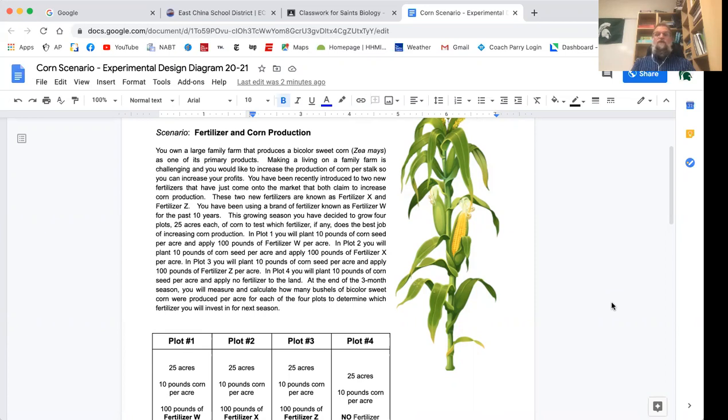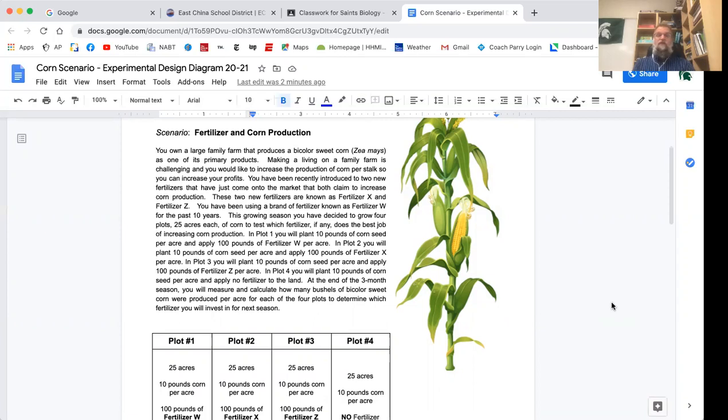You have been recently introduced to two new fertilizers that have just come onto the market that both claim to increase corn production. These two fertilizers are known as fertilizer X and fertilizer Z. You've been using a brand of fertilizer known as fertilizer W for the past 10 years. This growing season, you have decided to grow 4 plots, 25 acres each, of corn to test which fertilizer, if any, does the best job of increasing corn